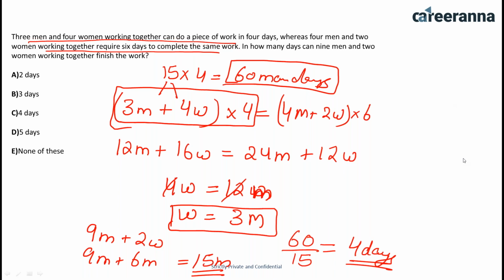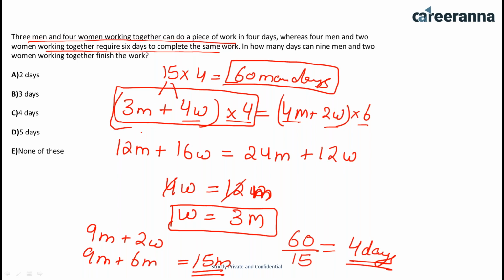See, we did nothing. We just calculated. If you see for the first condition, there are 3 men and 4 women, and they are working for 4 days. And in the second condition, 4 men and 2 women are working for 6 days. So if you multiply all this, you will get the total amount of work. Okay. But for calculating this, you have to know what is the value of M or W. Okay. So you calculated the ratio: 1 woman is equal to 3 men. So instead of women, we are placing men here.